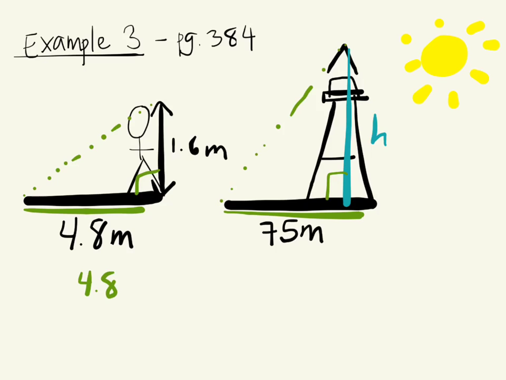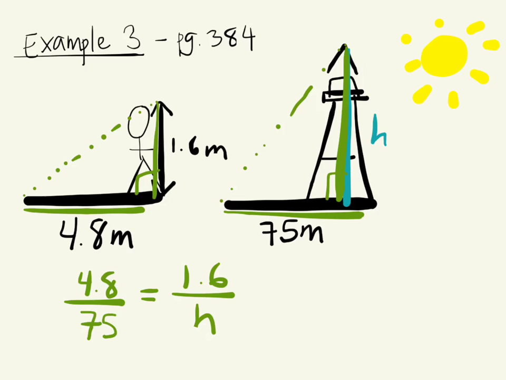So I know that this ratio has to be equal to what? 1.6 over h, because these two sides are corresponding. Cross multiply, solve for h. Okay, so we can find that the height is equal to 25 meters. How do you get